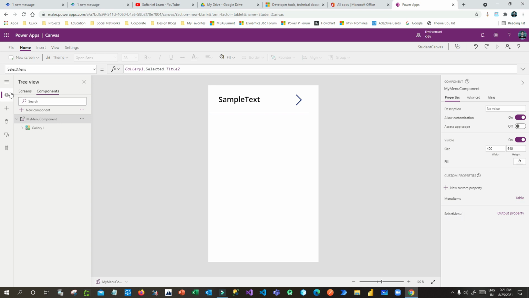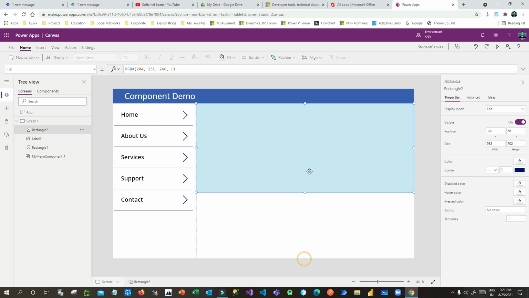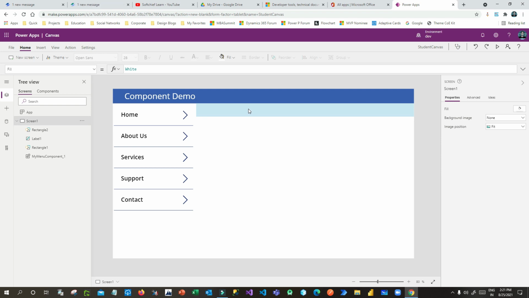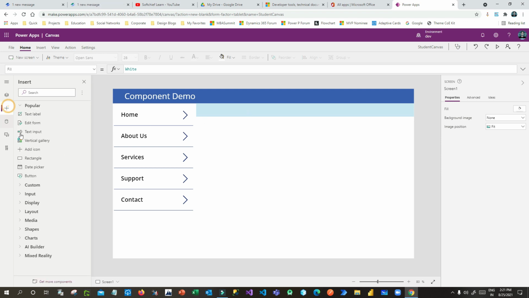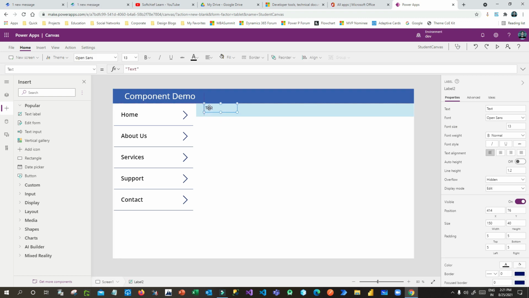Now I will go here in the screen and I just want to display the label here. Okay, so I'll just drag a text label here and I will change the style to bold, and here I want to display whatever gallery item is selected.